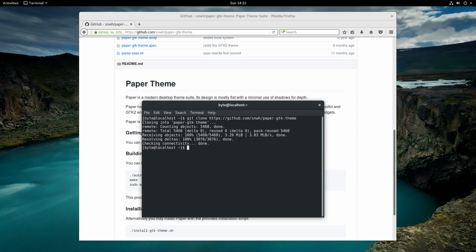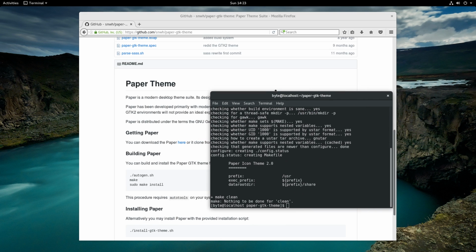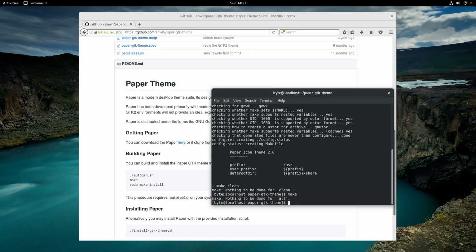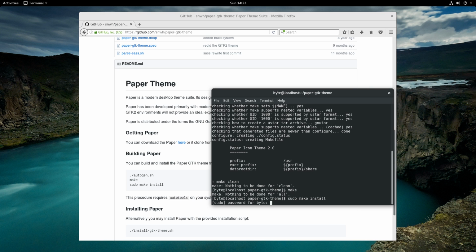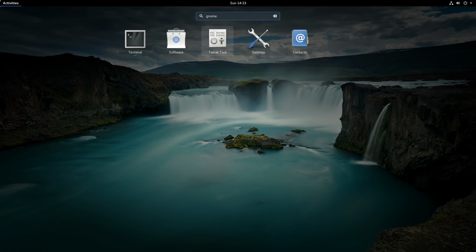So first you have to actually cd into the name of the Paper folder. So you have to do cd paper gtk theme, and then from here you can do ./autogen.sh. And it should do that. Now here, next you want to do make, and then after it makes done, do sudo make install. So once that's done, open up the Gnome Tweak Tool,